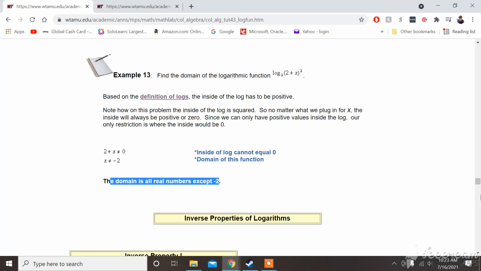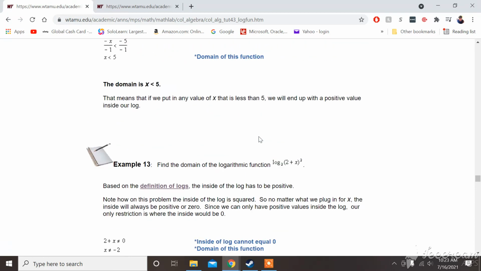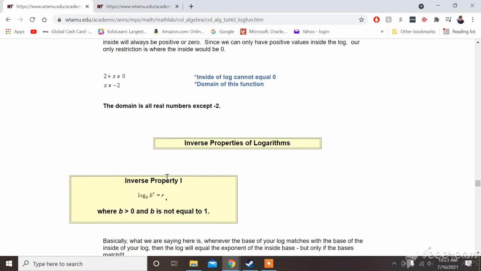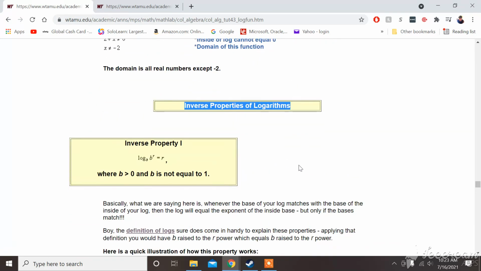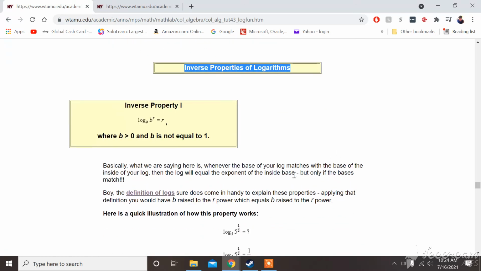Yeah, I should have done this in order. If I had done domain and range and all that first, I would have been able to come up with an analogy, but I skipped straight to logarithms. I did this before, but I just did logarithms after like 3 months. If I had done it all in order, I would have come up with an example of how you could use this, but I didn't. But okay, let's just continue. That's why it's important to do things in order. Alright, inverse